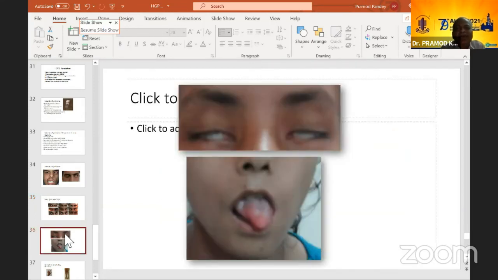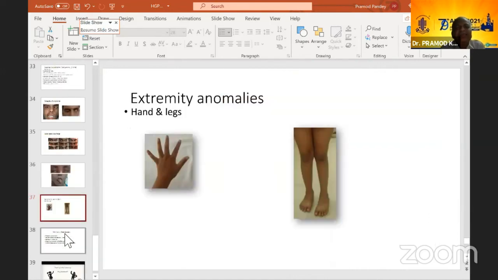This is showing another one, bilateral Mobius. You can see the tongue is furrowed, hypoplastic, and these are very classical features which you may see. Not all of them have this. And this is showing syndactyly and knock knees, a lot of features which you have in extremities, which can be there in Mobius. So you need to evaluate them systemically. They may also, as I said, cross with CFEOM, and a lot of other findings can also be there on eye examination. So one should keep in mind the possibility of Mobius also when you are looking at CCDDs.